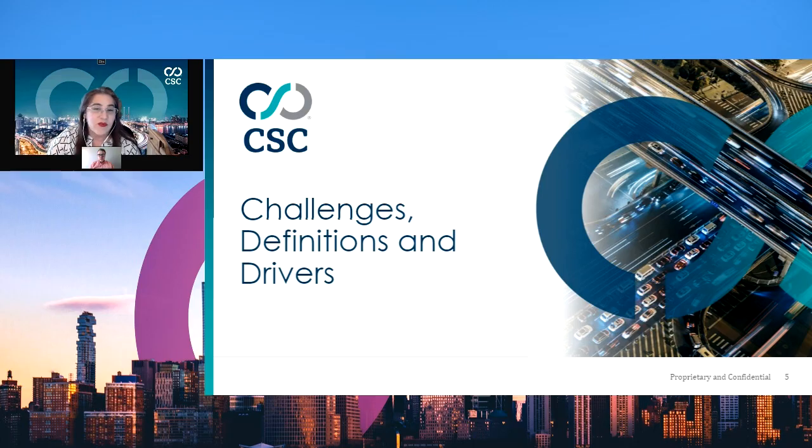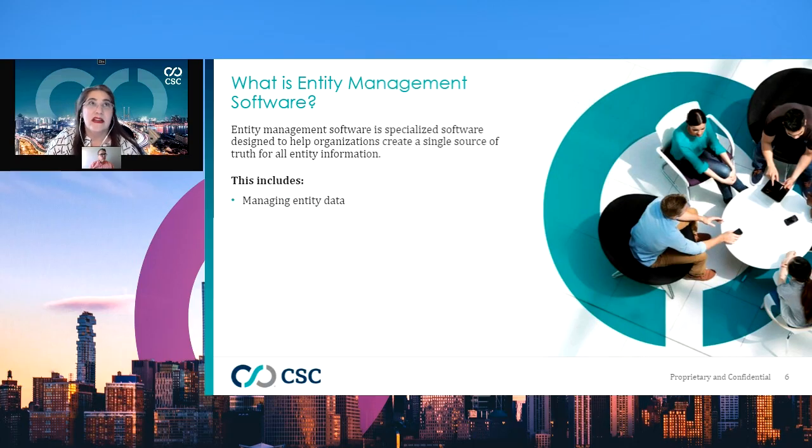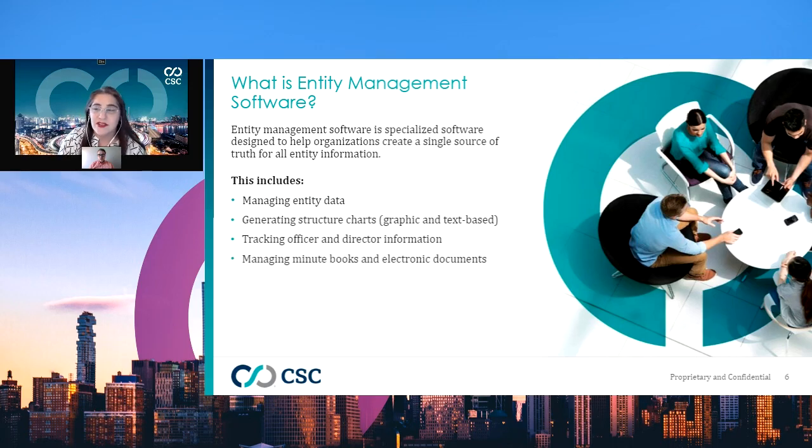But first, we want to quickly summarize the definition of entity management software, just to make sure we're on the same page. Sometimes we might have different ideas of things that we're looking to address with an entity management software. Our definition specifically relates to specialized software, making your portfolio management more streamlined and centralized, and serving as your main source of truth for things like managing entity data and details, tracking ownership records,